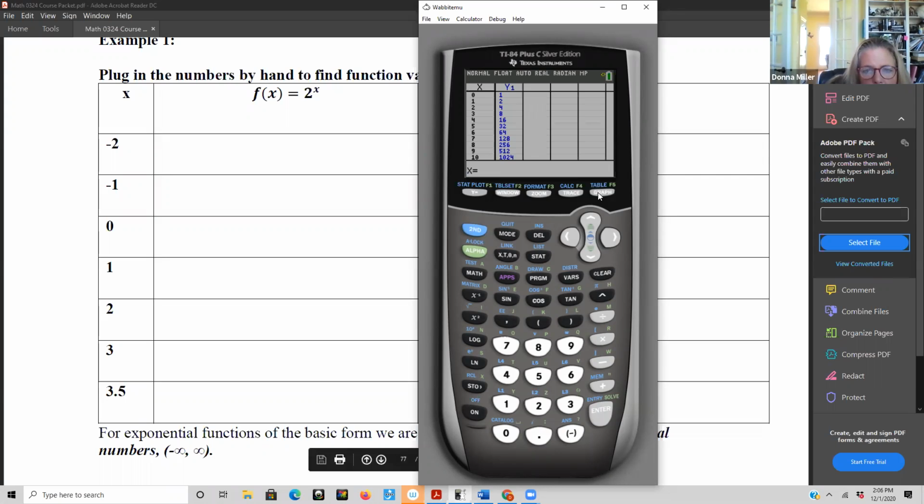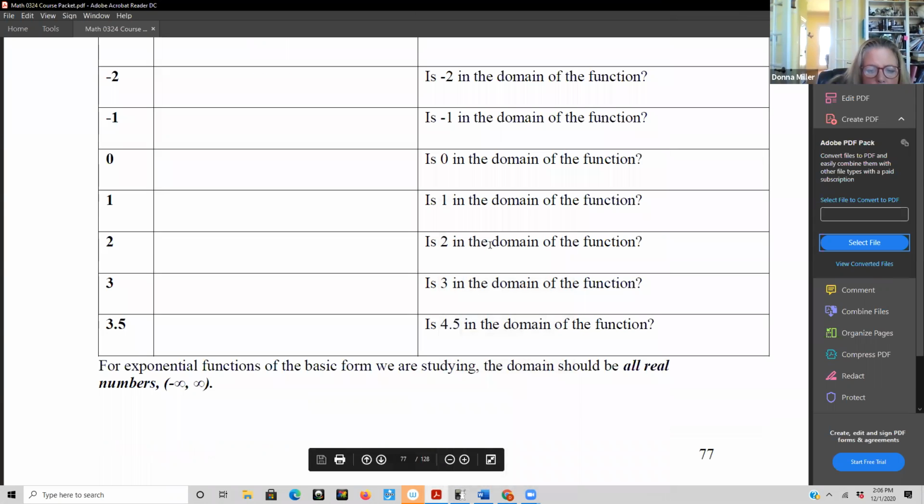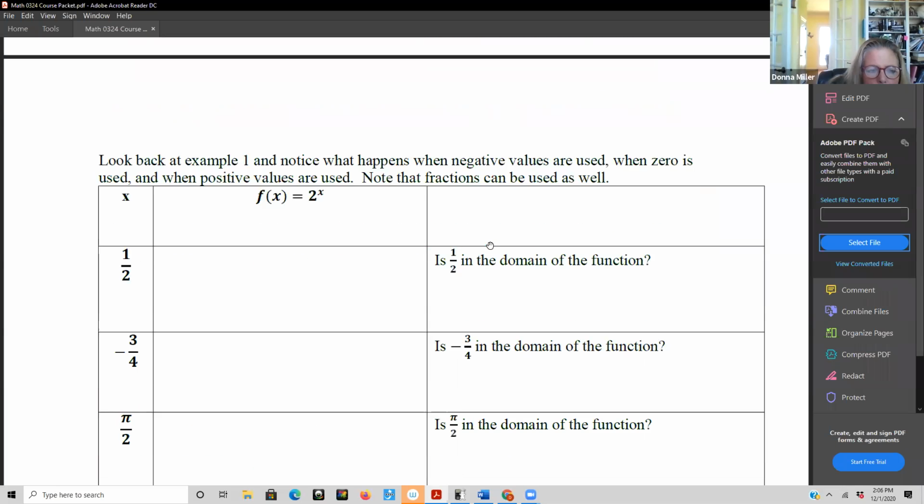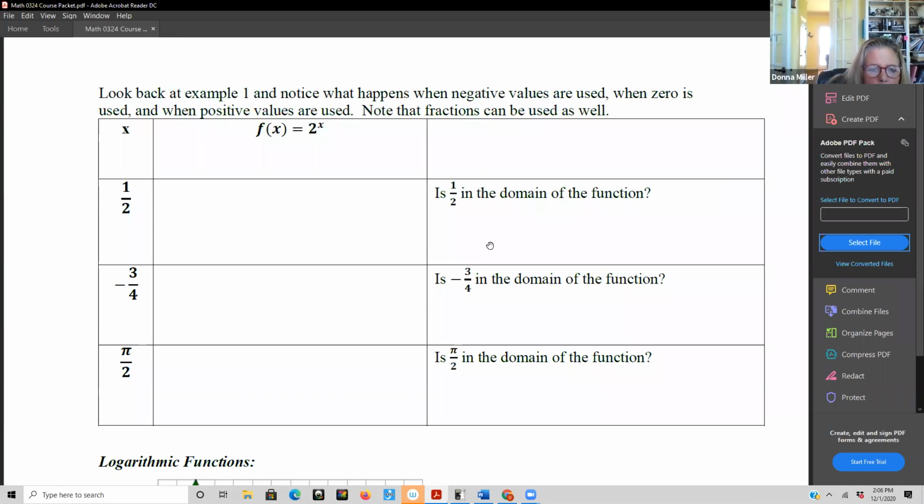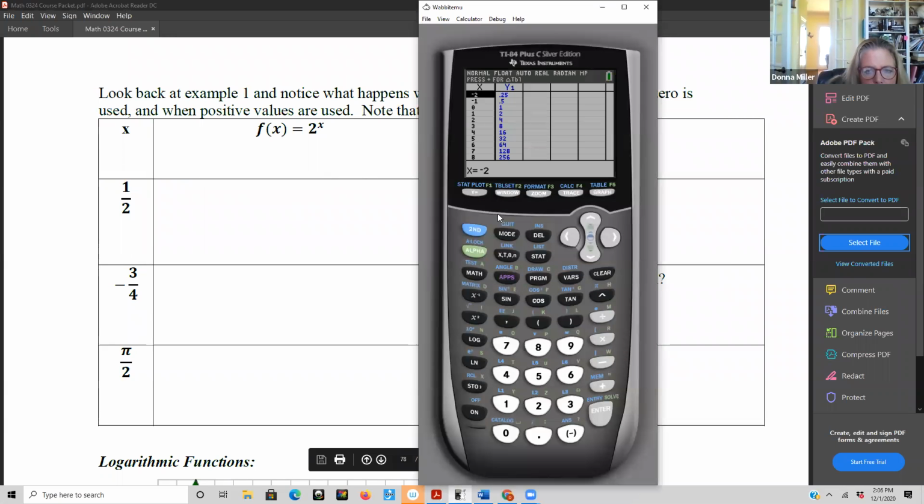So if I look at my table, like 2 to the negative 2, is it in the domain? Yeah. You know, all these x's, they all have a y. So the domain is all reals. All right, so that's the point she's trying to make here. And you can even do it for fractions. It's not just that it's only good for integers. Like if I go second calc value and I ask it to do 2 to the 1/2,